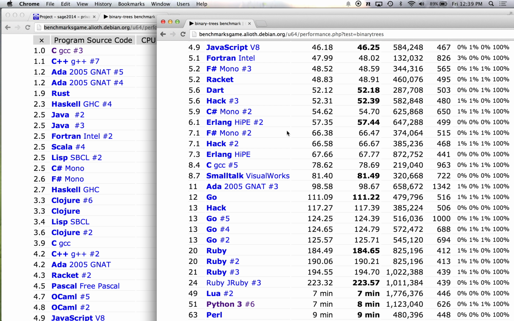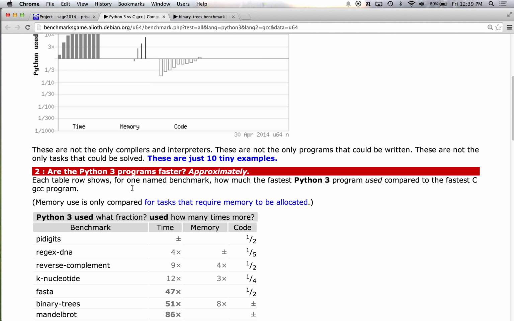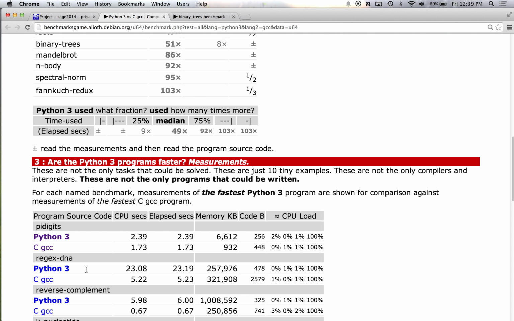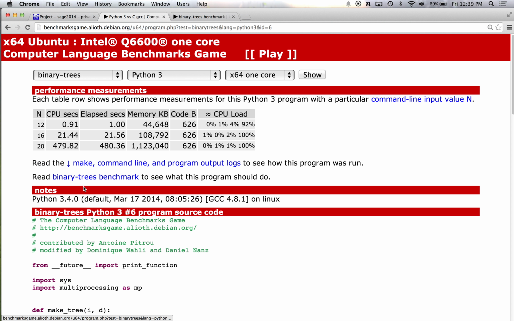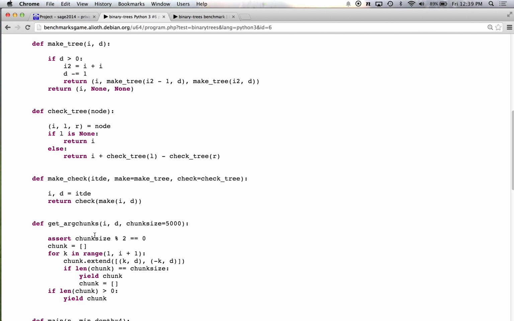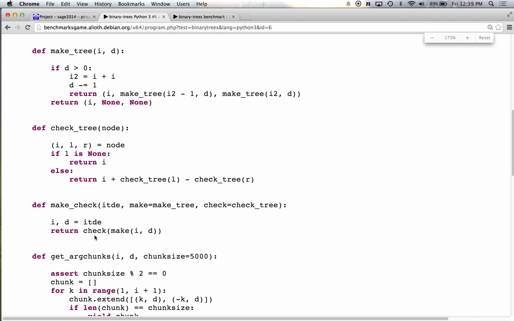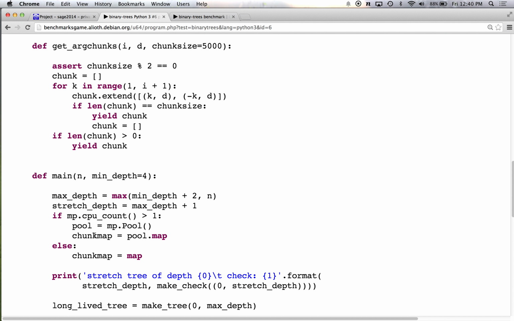for a very, very kind of straightforward enumeration problem that just involves some for loops and so on, and actually, let me show you the code for a second so you can see what's going on. So let's look at this, and then I'll show you the timings. So binary trees in Python. Where is it? Binary trees, Python. Here's the code. They have single process and multi-processing versions. So they have, in other words, serial and parallel ones. But I mean, it's just really straightforward.